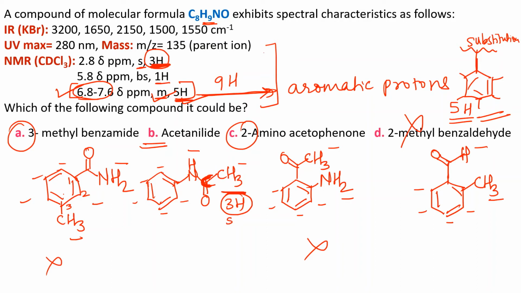And then this one hydrogen is giving a broad singlet. Broad singlet means it could be NH or it could be OH. This is the one hydrogen giving a broad singlet, because this nitrogen has an adjacent carbon on this side and one more carbon on the other side, but both of them do not have hydrogen. So that means this is also a singlet. Then these 1, 2, 3, 4 and 5 hydrogens are of the aromatic ring, the benzene ring. So that's it. Option B is the correct option here.